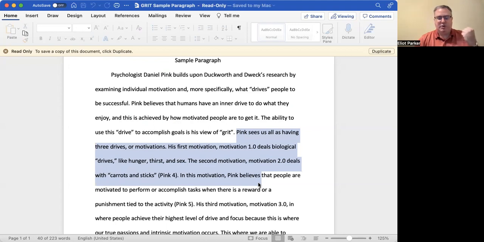So Pink 4 shows I'm citing that information from page 4 of his handout. And I can't remember, honestly, if that's page 4. I think it was page 4, but if you've printed yours off or maybe made the font bigger or done something different to it, other than what was attached as the Word doc or the PDF, maybe it's not on page 4 for you. But I thought it is page 4. So if I'm wrong on that, sorry, but you get the idea. I want to make sure that I cite this information. This information did not come from me. And so I want to make sure that I indicate it came from Pink's source, page 4.